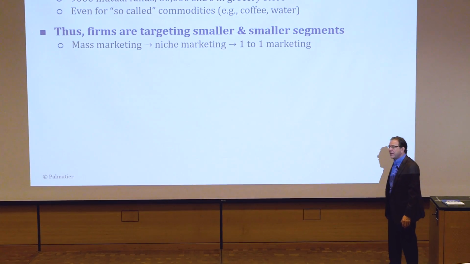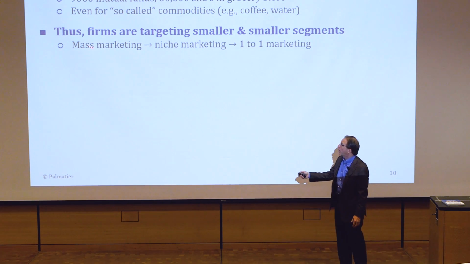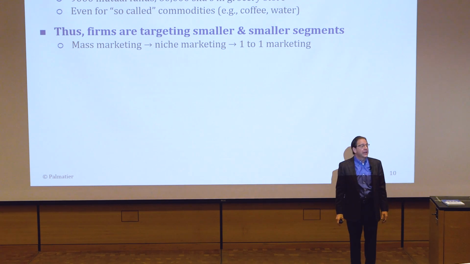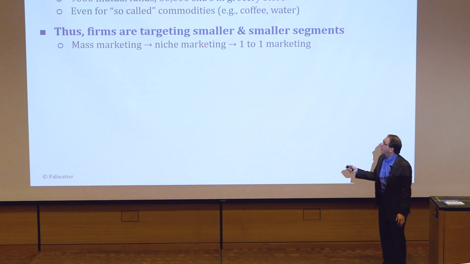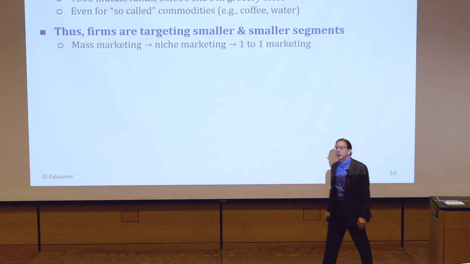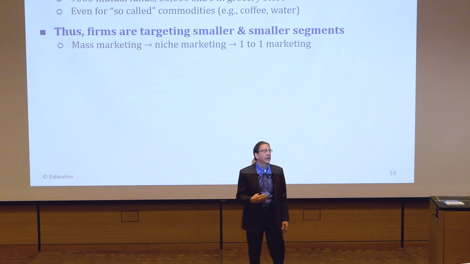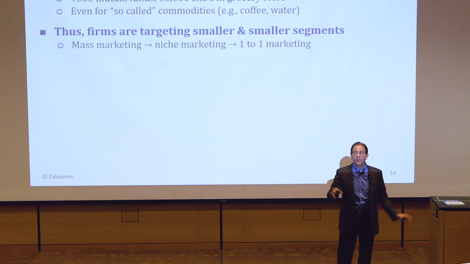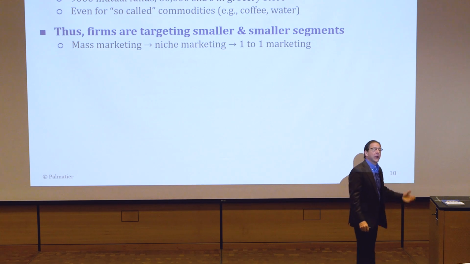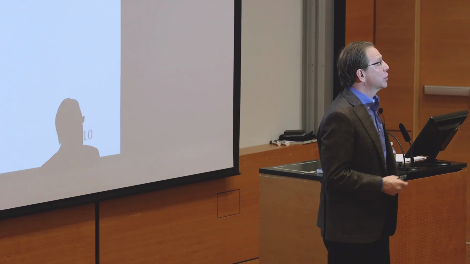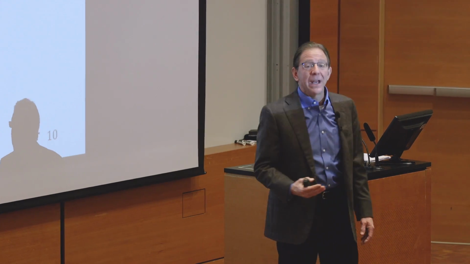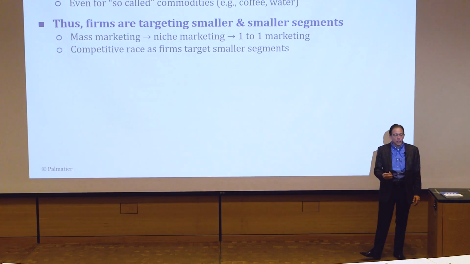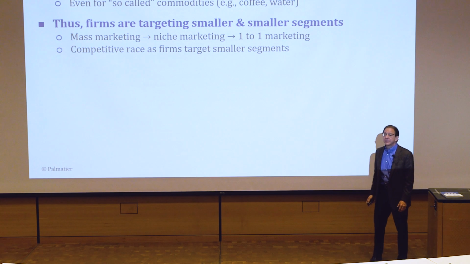And we've even seen this in the evolution of marketing, where we moved from mass marketing, where we sold one product, let's say a beer, to everyone with a Super Bowl ad, to niche marketing. And even today, many firms are moving to one-to-one marketing. And in many ways, one-to-one marketing is most effective. When Amazon makes a recommendation for you for a book, they base that on all the other books you've bought, and they look at what other people like you bought, and make an individual recommendation to you. In some ways, that's one-to-one marketing. But there's a competitive race if firms try to target smaller and smaller segments.